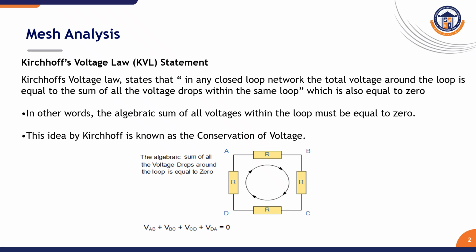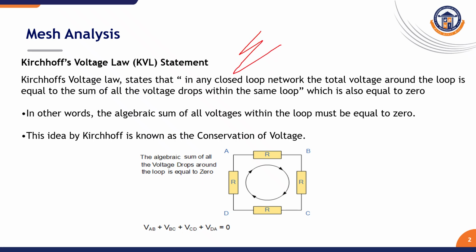Before diving into the mesh analysis, the law which helps you to analyze the circuit is Kirchhoff's voltage law. Kirchhoff's voltage law states that in any closed loop network, the total voltage around the loop is equal to the sum of all the voltage drops within the same loop, which is also equal to 0. So in other words, how we can say is